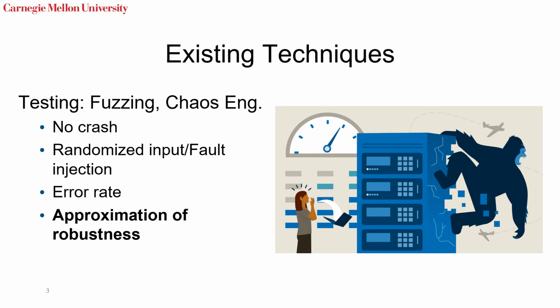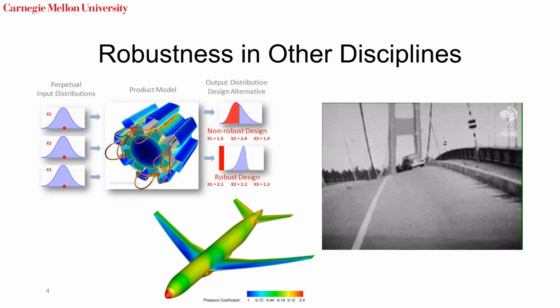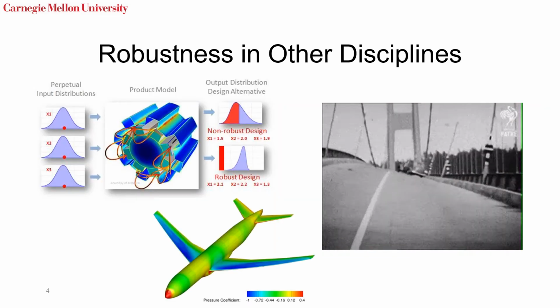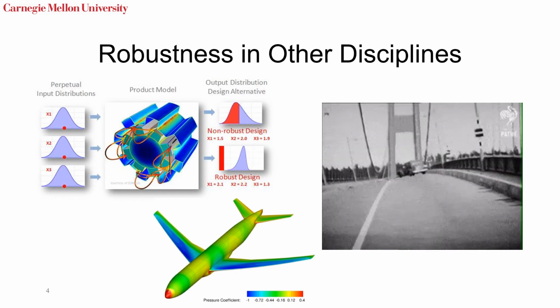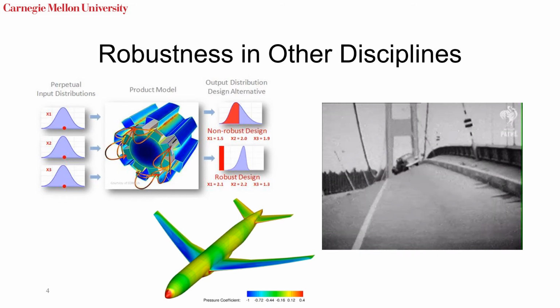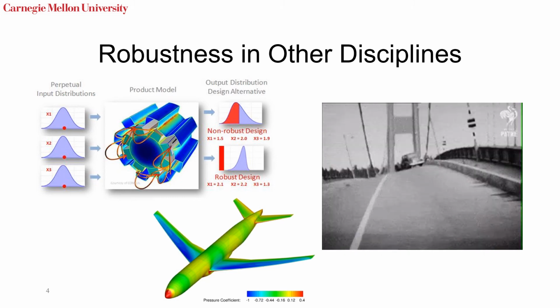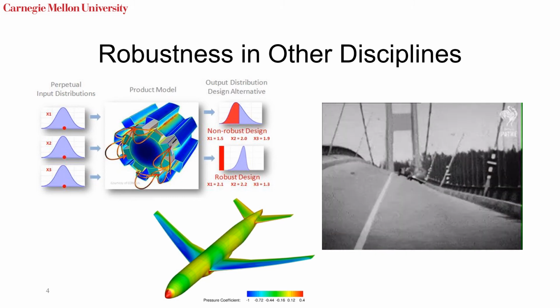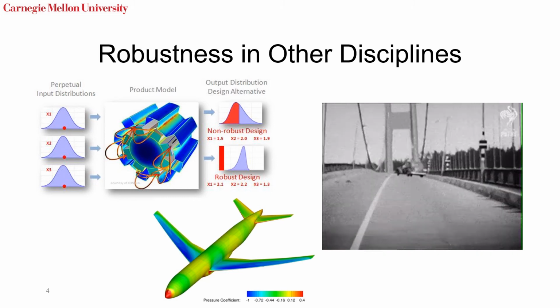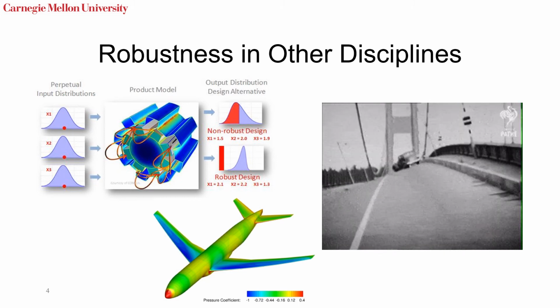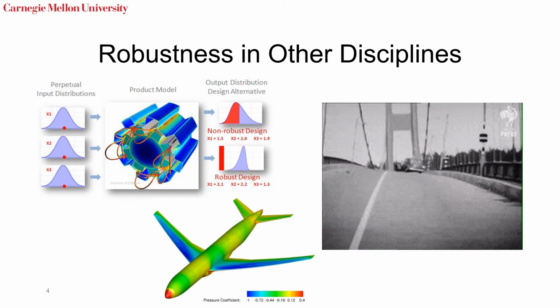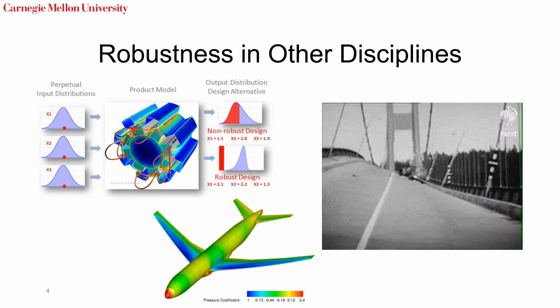However, for safety-critical or mission-critical systems, it is important to ensure that the design can guarantee some level of robustness. If we look into other disciplines, they do have methods which focus on ensuring system robustness at the design phase. For example, in aircraft engineering or civil engineering, we cannot afford to build a bridge first and then test whether it is robust or not. However, in software engineering, such a method seems to be missing. We also need a way to achieve robustness by design, especially for those safety-critical or mission-critical systems.